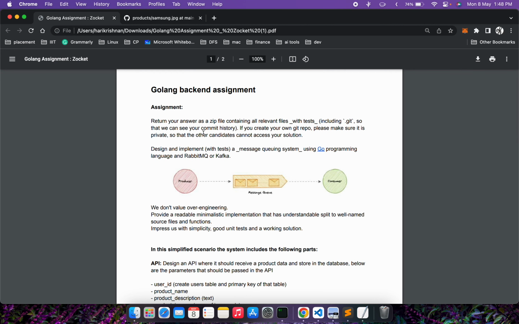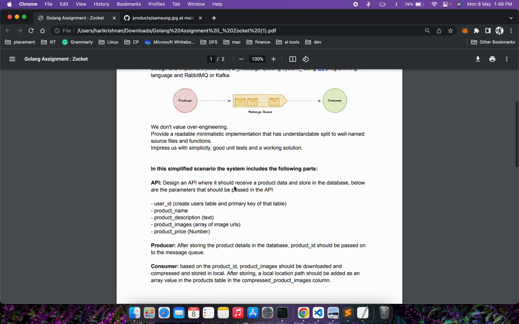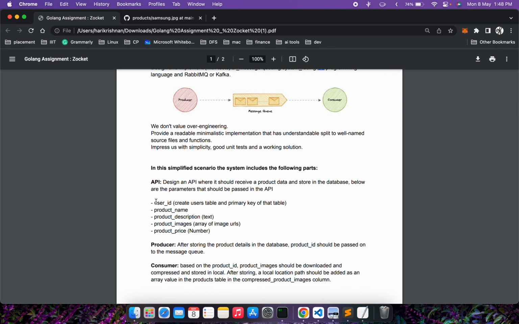So the task was to design a message queuing system where there is a producer and a consumer which are connected by a message queue. For the choice of message queue, either we are given Kafka or RabbitMQ. I chose RabbitMQ, and the API will take this many details and then insert